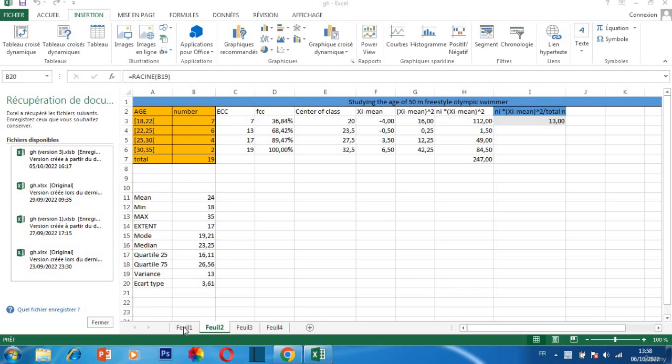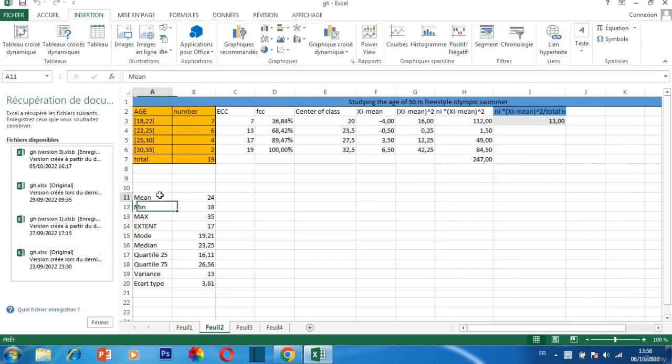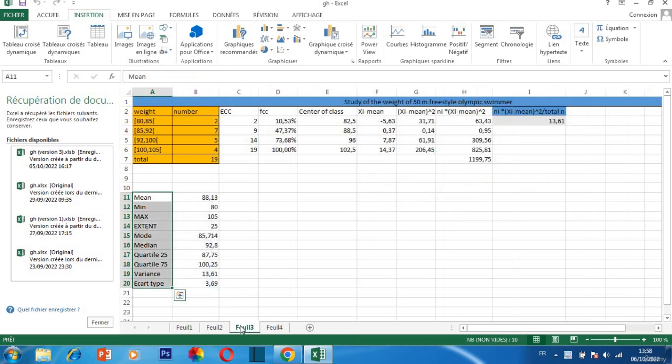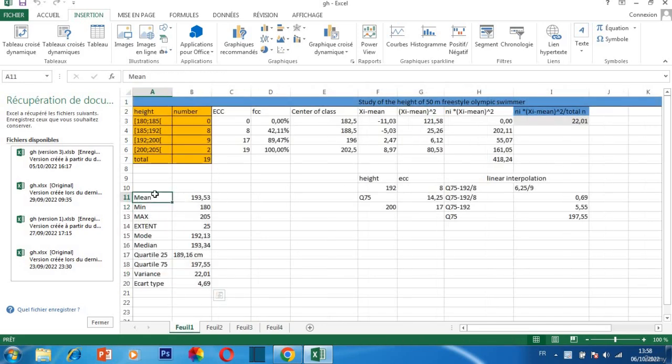So what we have here is the whole statistical value for the height, the weight, and the age of 50 finalists of 50 meter freestyle Olympic swimmers. So we're gonna organize these values here. What we're gonna do is select that,